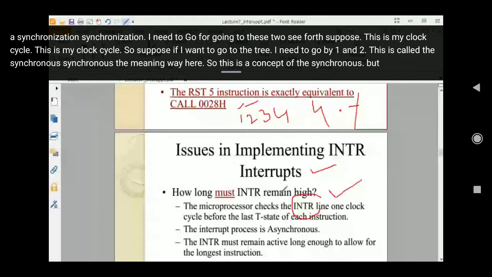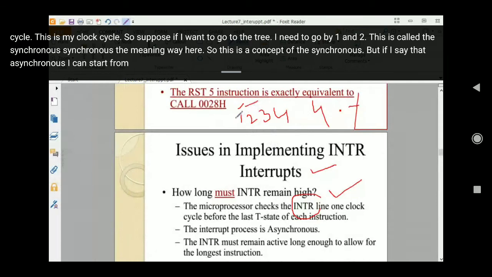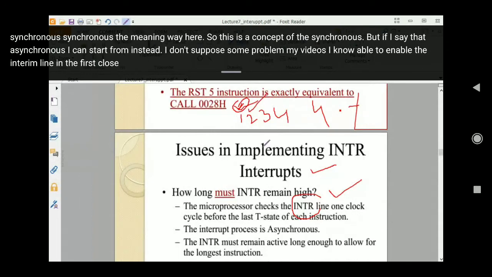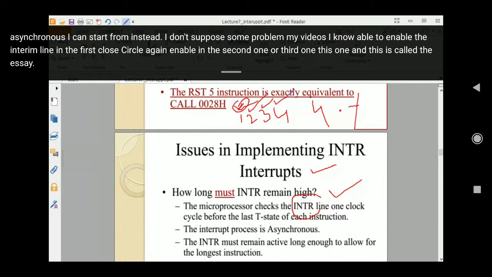But if I say the asynchronous, suppose some problem might be this, I'm not able to enable the interrupt line in the first clock cycle, I can enable in the second one or third one. And this is called the async.